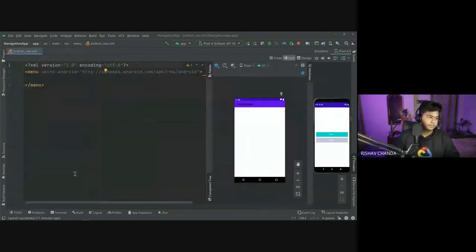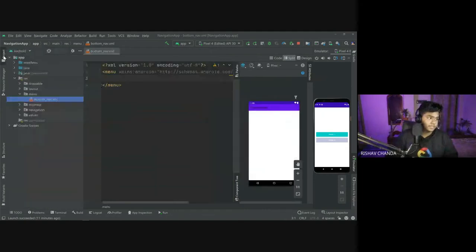Okay, so this is the thing. Now here we have items, and in that items we specially define those things like what we want in our bottom navigation or in other menu options, right? So first thing I would like to do is implementing the icons. Like you have seen in Instagram, there are different icons for search, then for home. So first I would like to implement that thing, right? Previously in the previous session you were shown how to implement it, but you were not shown lively how to implement it. You were only just told about that thing.